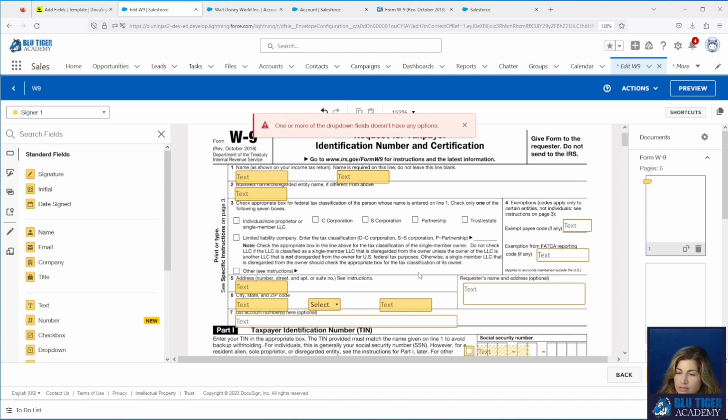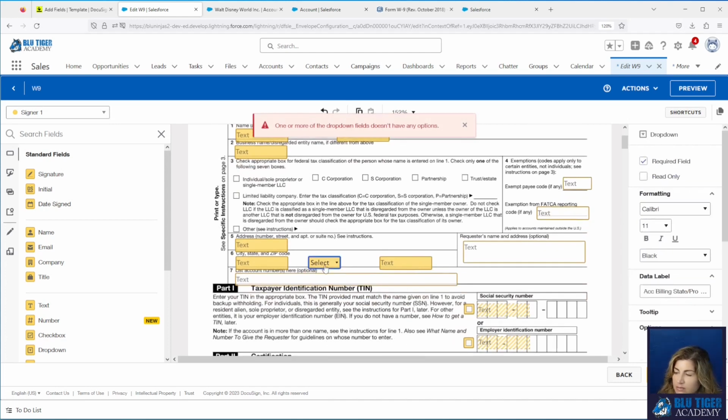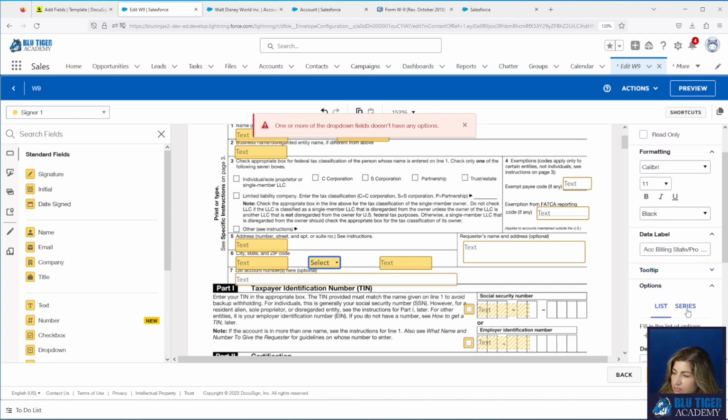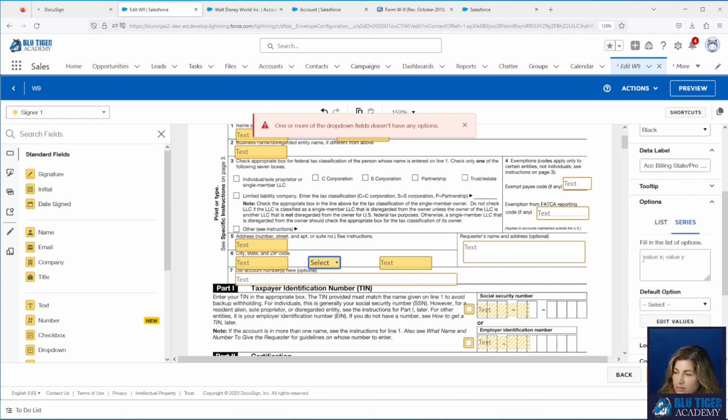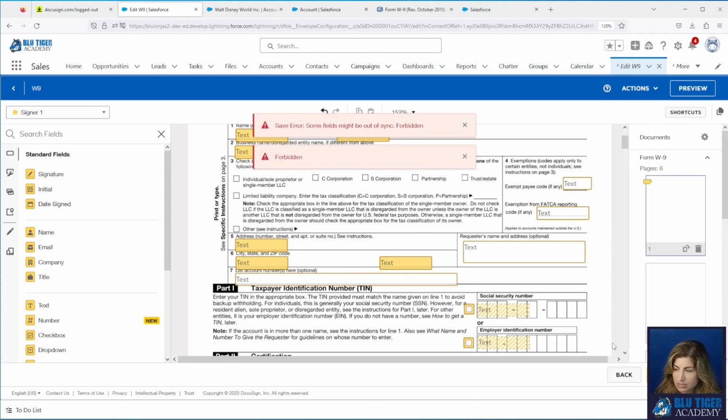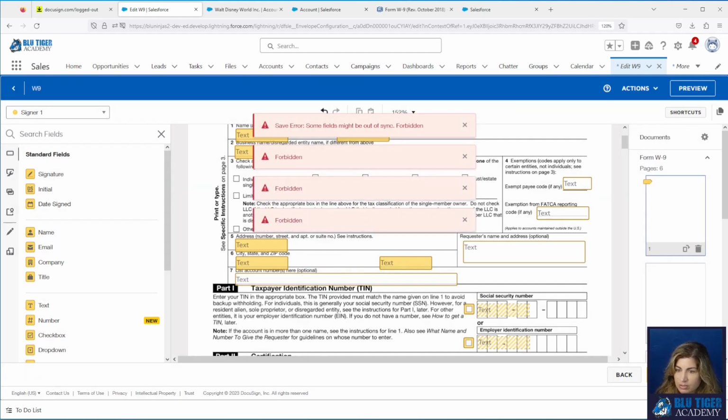No more drop downs. Doesn't have any options. Is it this one? It is this one. So that's interesting. Here. We'll come back and troubleshoot this. We'll put in 2 states there. Let's just take that off the page. Let's try to save now. Okay.